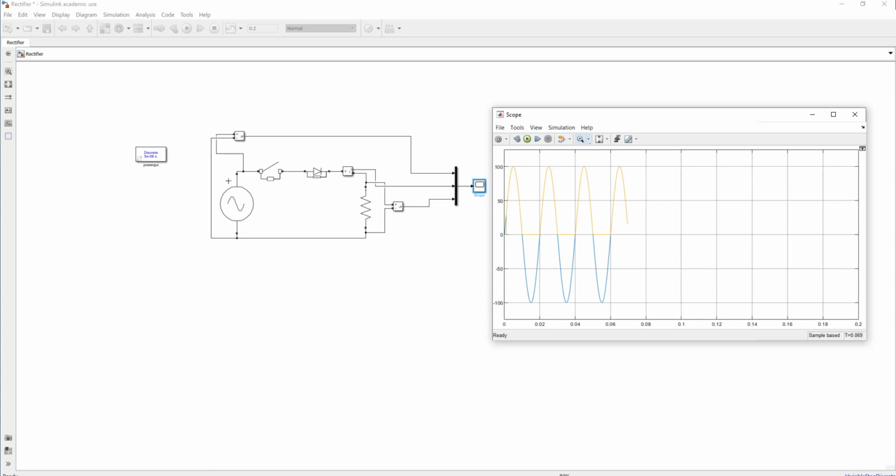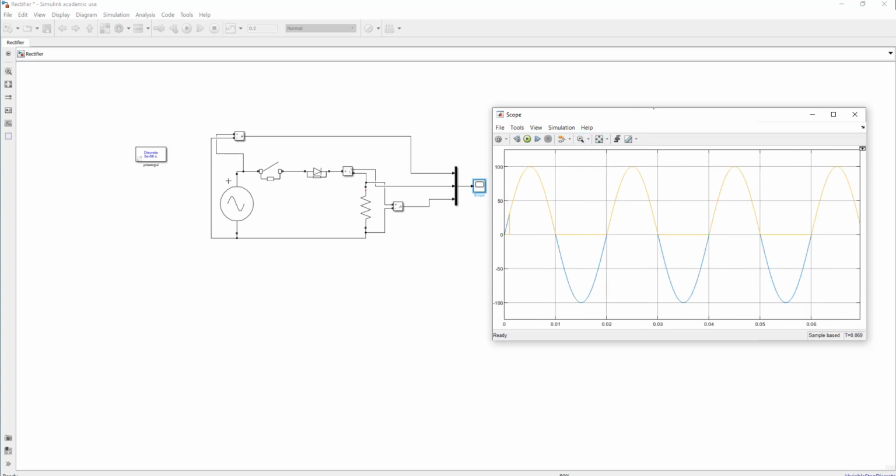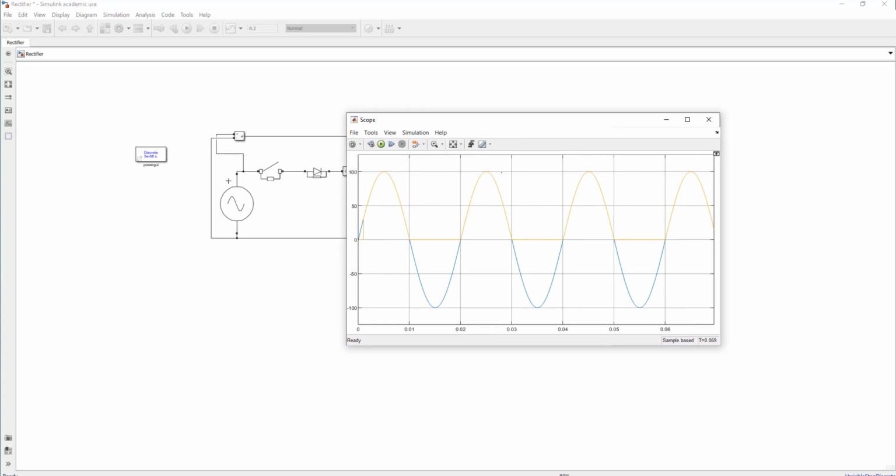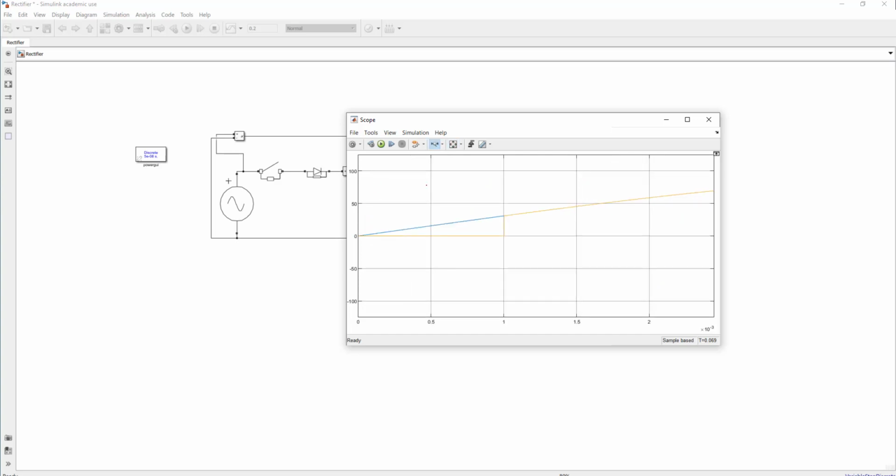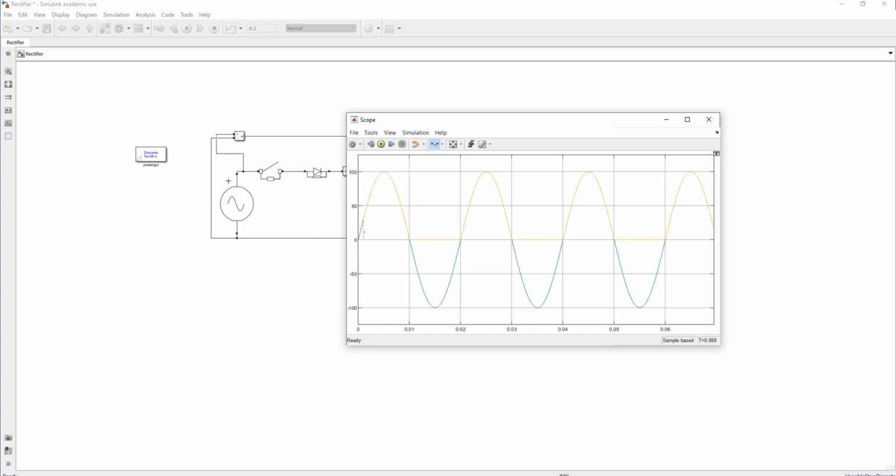Let us stop and just check what is happening here. So observe very carefully. So we have almost switched on here, so it is from here the path is taking place. So you observe here we have switched on at this particular point, and the blue line is the input voltage. Input voltage, and we have switched on here, and from here the output voltage is coming. The yellow line is the output voltage.